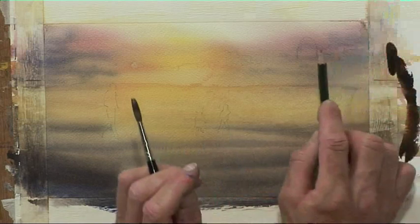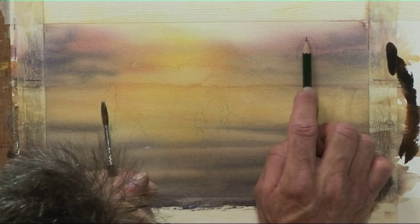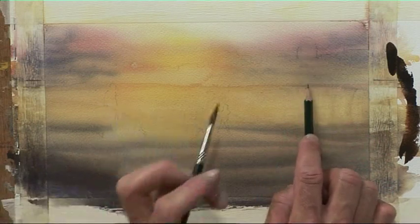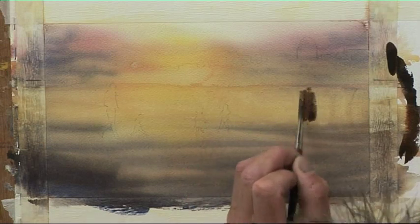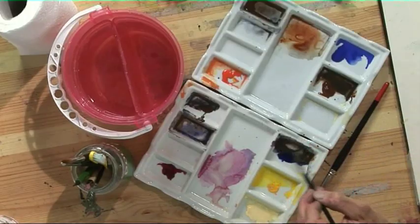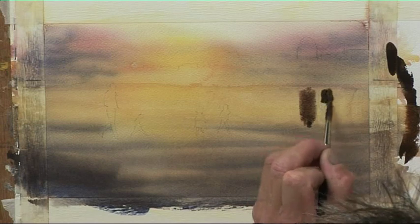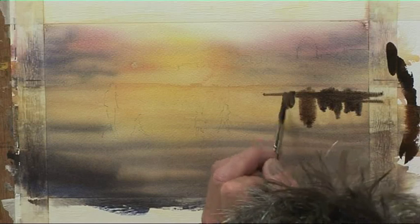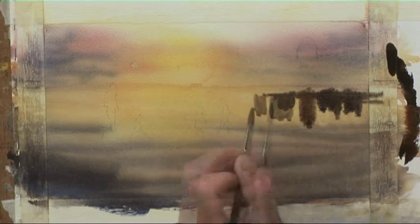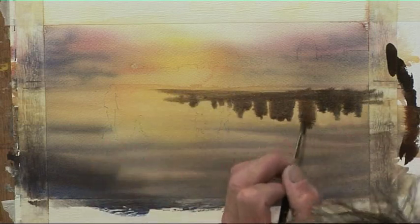Again, I'm just going to use a length on the pencil to see how far up above the horizon that goes, and then therefore how far down. There we go, that's it. So now we just paint these marks and watch what happens to them. They go diffuse and soft focus, but they don't completely blend across. Now if you just paint onto water, what will tend to happen is they'll just merge right across the beach. This way we can get soft focus reflections, and believe me, they really will look wet, especially when we paint